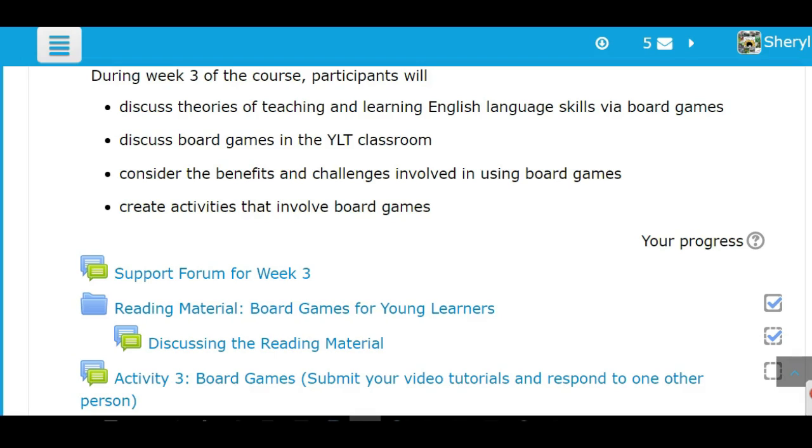So during week 3, we discussed the theories of teaching and learning English language skills via board games. We discussed board games in the YLT classroom, that is the Young Learner classroom. Consider the benefits and challenges involved in using board games. The benefit is that when you are using a board game,